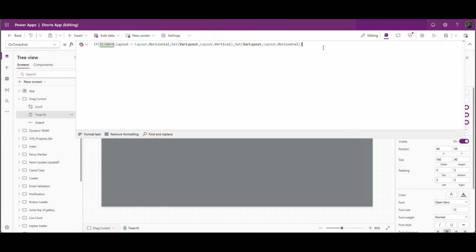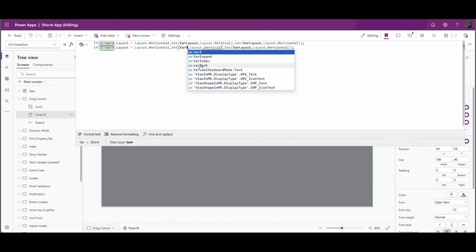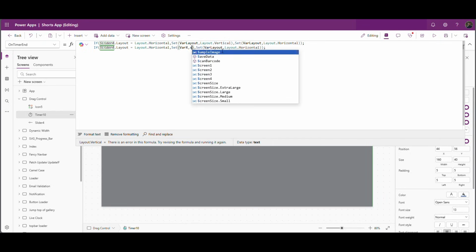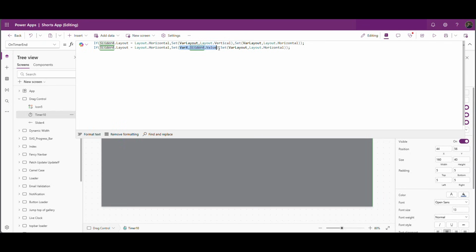So I will use this again, copy this, paste. So if it's horizontal, then I will set x property where x, and this is nothing but slider 4 dot value. Same way I will set